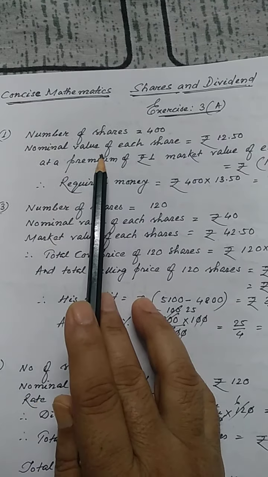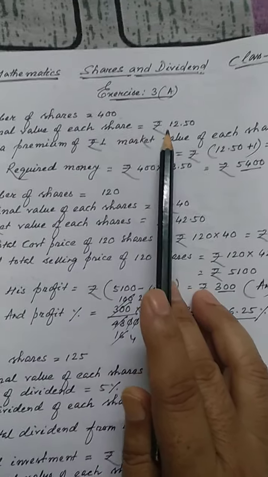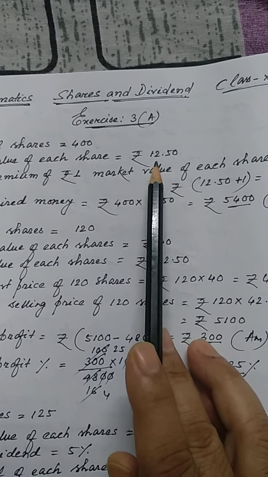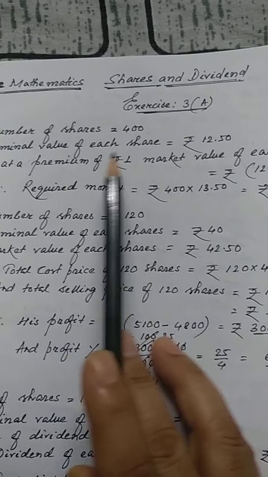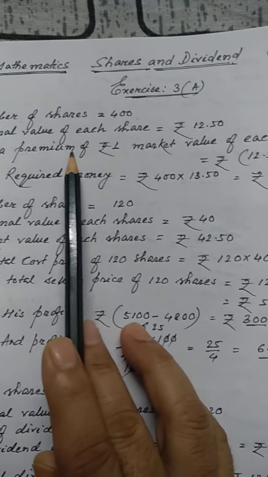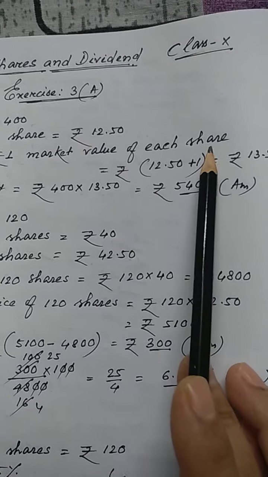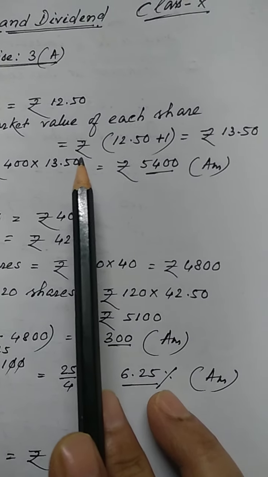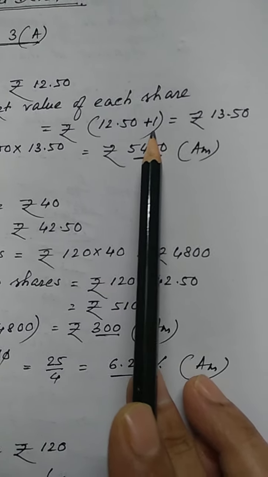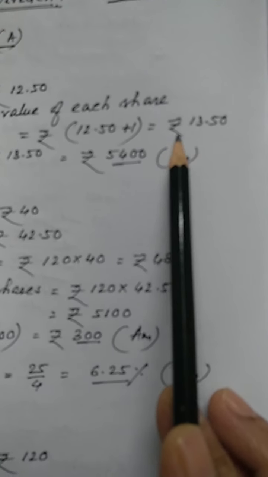Nominal value of each share equal to rupees 12.50. At a premium of rupee 1, market value of each share equal to rupees 12.50 plus 1, that is rupees